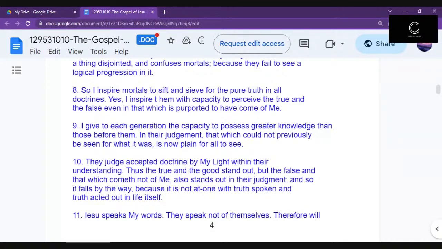It's easy for me personally to be a real one. I don't know nothing else. So why not keep it real with my God? Keep it real with my creator. Keep it real with myself so I can keep it real with y'all. I inspire mortals to sift and sieve for the pure truth in all doctrines. Yes, I inspire them with the capacity to perceive the true and the false, even that which is purported to have come from me. So if Cosmon was up here talking this bullshit,